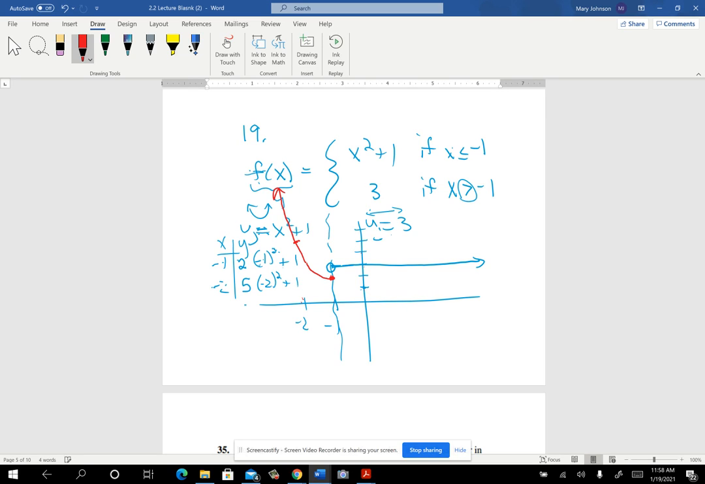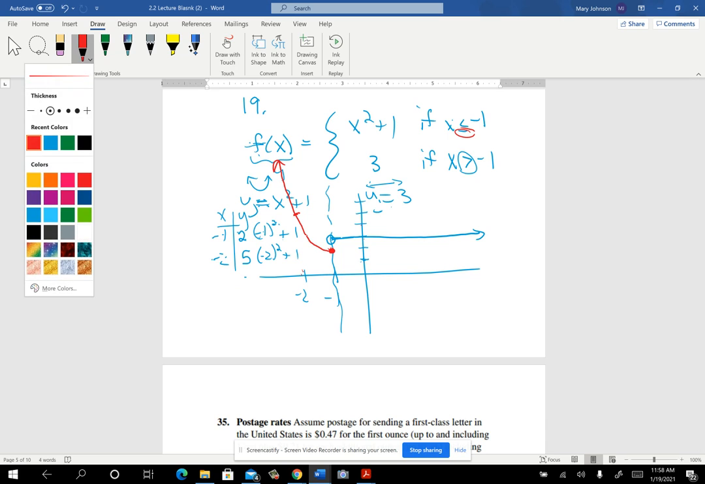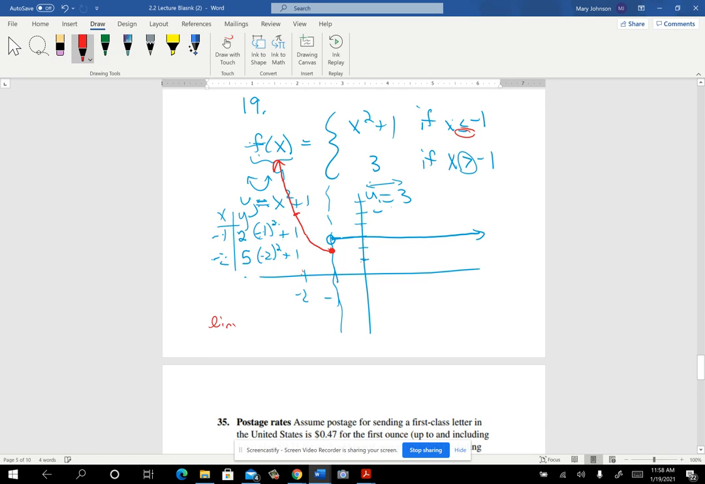And keeps going. And then at -1, this was the one I was supposed to use. So let me emphasize that that's a closed circle right there. Okay. All right. Now, if you have the graph, then you can do the limit of the function